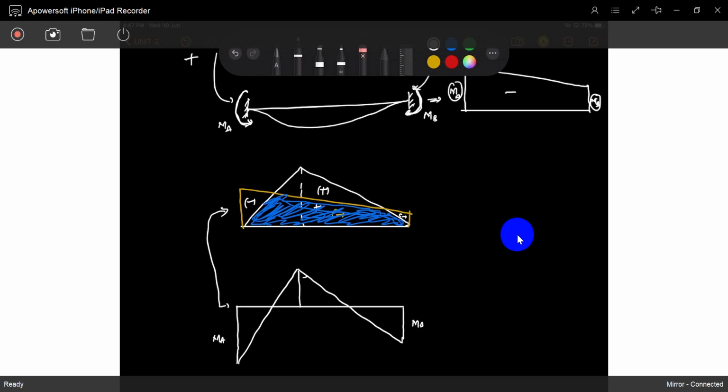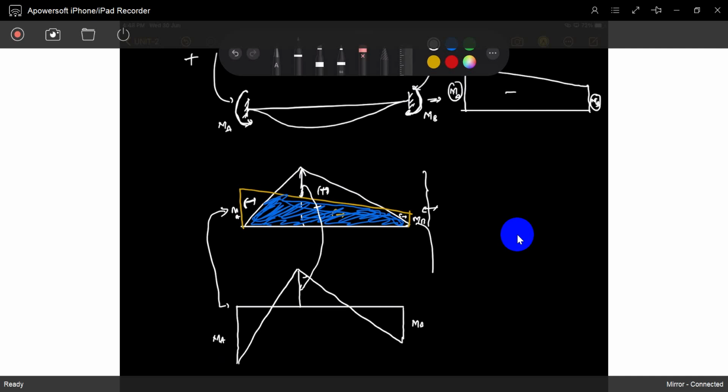You can represent it either way. See, this is MA, MB. If you directly write it, this is a plus, this is a minus. This also has the same meaning. See this, this portion is equal to this portion. You can represent anything, but this is a simple representation. It is a direct, simple representation, and you can calculate it easily. That's it.